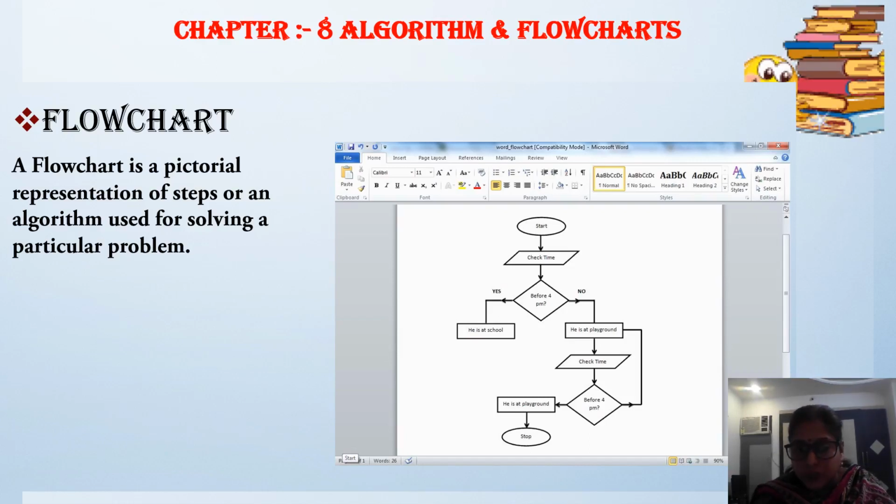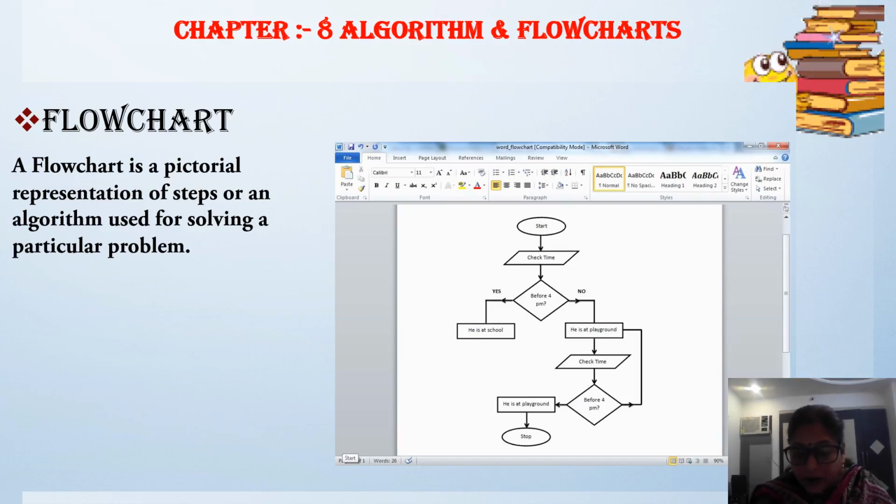So to create a flowchart, different boxes are used which are connected to each other. So what is that box's name? First is a start or stop box. It's an oval shape. After that is the input and output box, we call it a parallelogram. Then there is a rectangular box. That box we call the processing box. And there is a diamond shaped box. That box we call the decision or condition box, right?